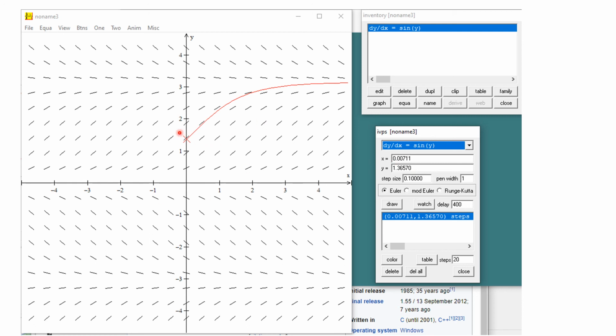I just went over and clicked, and I guessed, and I didn't guess perfectly, but you see it graphed what happens, and I see much about the behavior of the function. Notice that as x gets large, this gets closer and closer to, and you might guess, oh, that number is pi, because that's the zero of sin(y). We're going to pick this up in